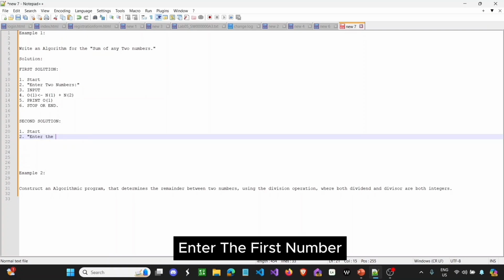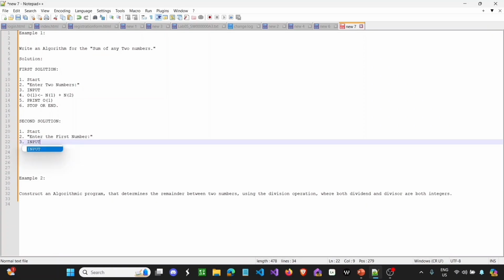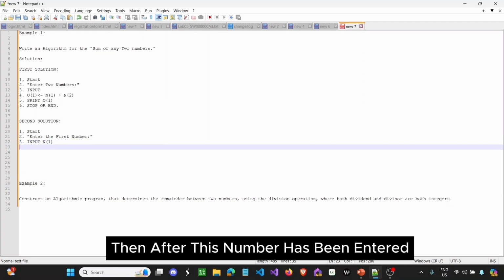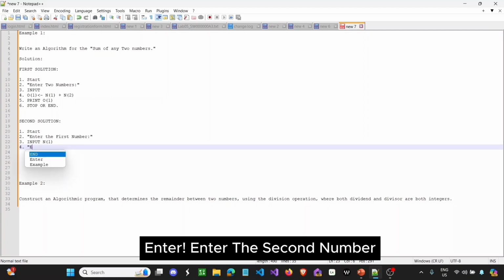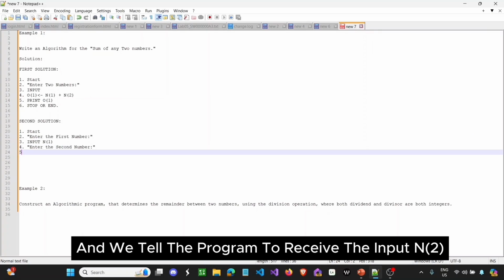Then we instruct the program to receive the input N1 from the user. Then after this number has been entered, we now instruct the program to launch on the interface, enter the second number, and we tell the program to receive the input